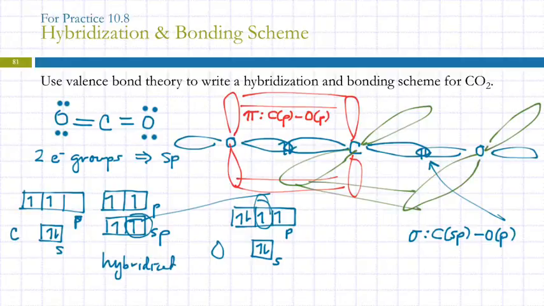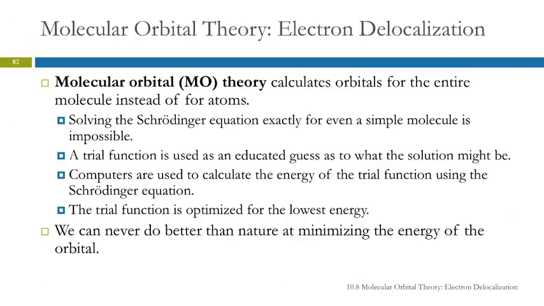These are going to overlap in front and behind, and those are also pi bonds, on the carbon p and on the oxygen p. Any questions? We'll save this for